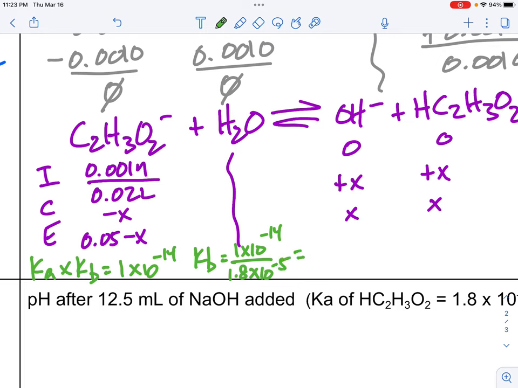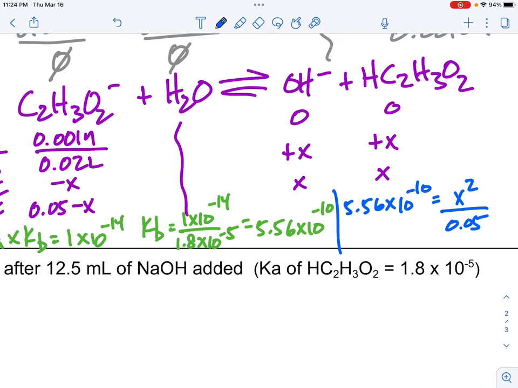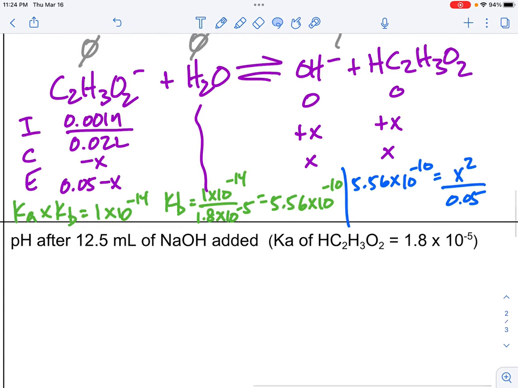All right. Now, we're going to plug that into our K expression so that we can figure out our X value. So 5.56 times 10 to the minus 10 equals x squared over 0.05. Again, we are going to be ignoring the change in x because our K value is very small. It's even smaller now as well. So when we solve for x, I'm coming up with